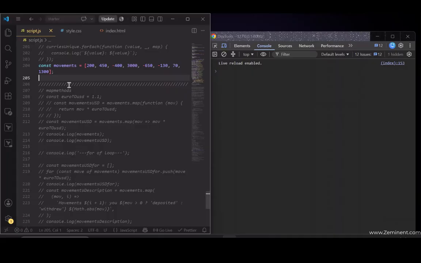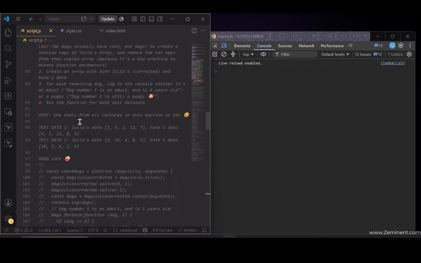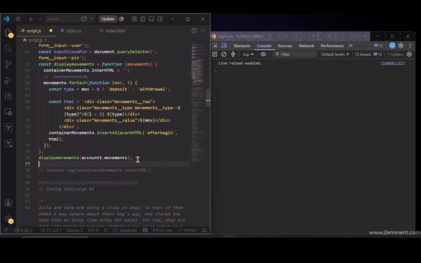So after the previous map method, we just commented out this one. We'll just leave it down here, and then we'll go above here. Let's now use the map and forEach methods to compute usernames for each account owner in our application. So here we have